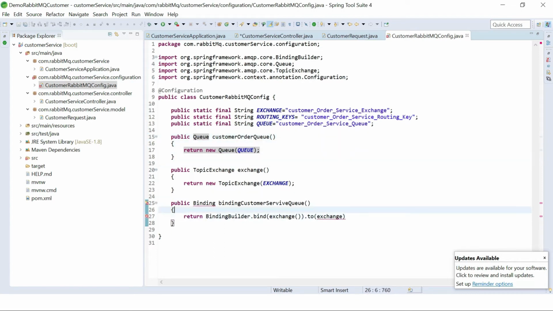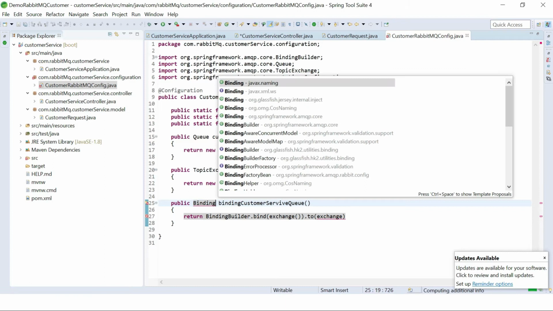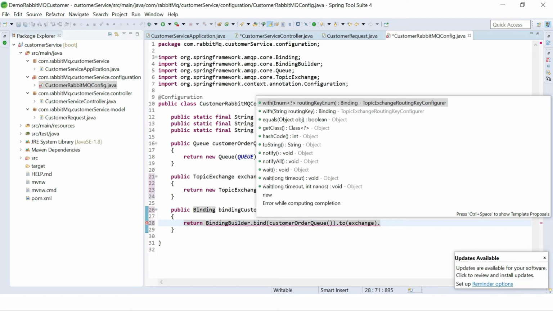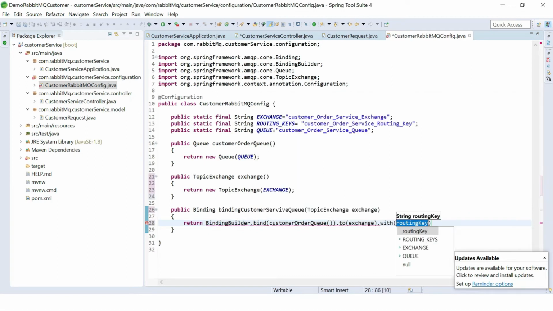Okay, and this method we need to pass here. This is a queue name and the exchange given as a parameter, with the routing key.